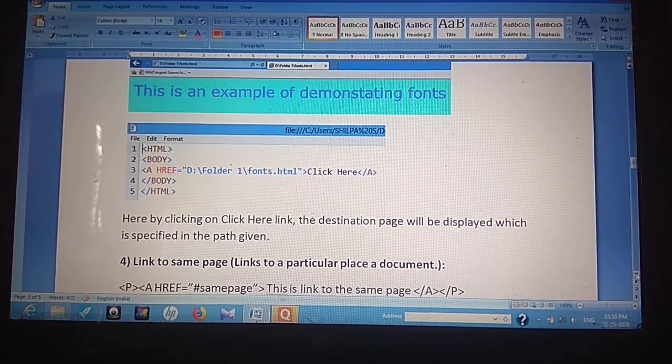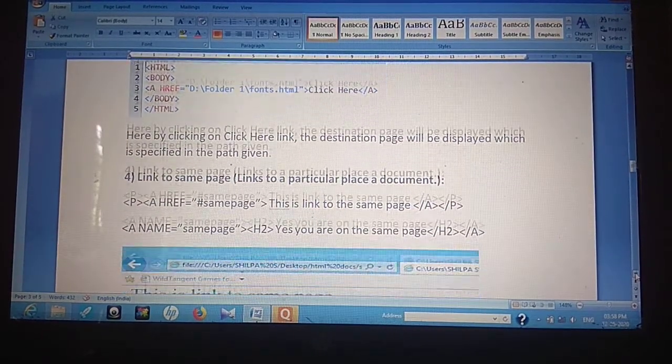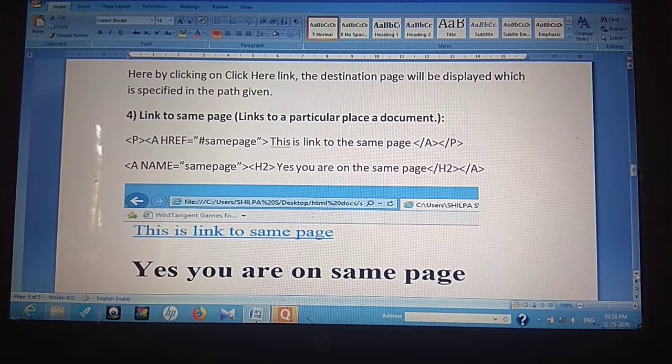Now suppose you want to create a link on the same page. I repeat, on the same page. How is it possible? There is one more new attribute we are going to learn, which is the name attribute. The name attribute helps us to assign a name.